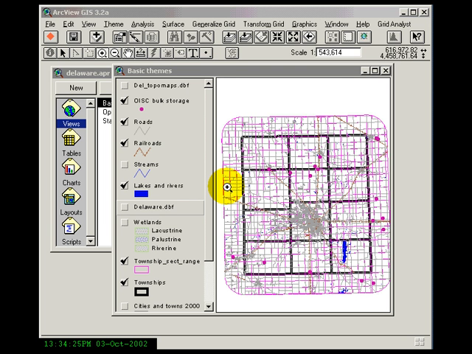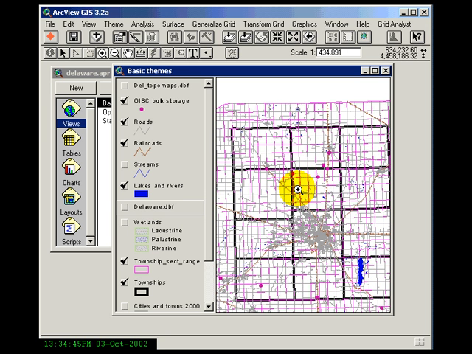I want to show you the different ways that we can zoom in and out of our view. I have in front of me the view that's open. One easy tool to use is the zoom in tool, which is the magnifying glass with a plus. And if I just hold it in the view and click it, I get a 2 times zoom, which sometimes